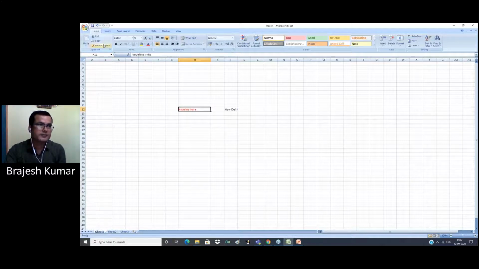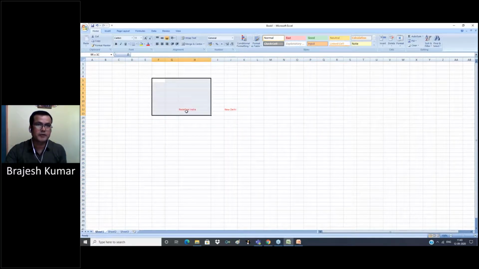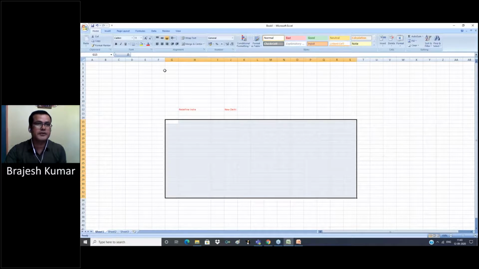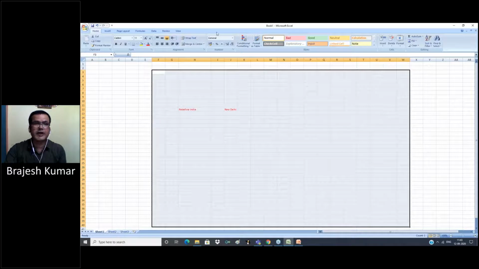Click here, select format painter. Now your mouse looks like a brush. Then select and release the mouse. Now both have the same format: Calibri, font size, color, both are the same. This is mainly useful for a large amount of data. When we have a lot of data and some is formatted and some is not, we use the format painter to apply the same format to all data in a worksheet.